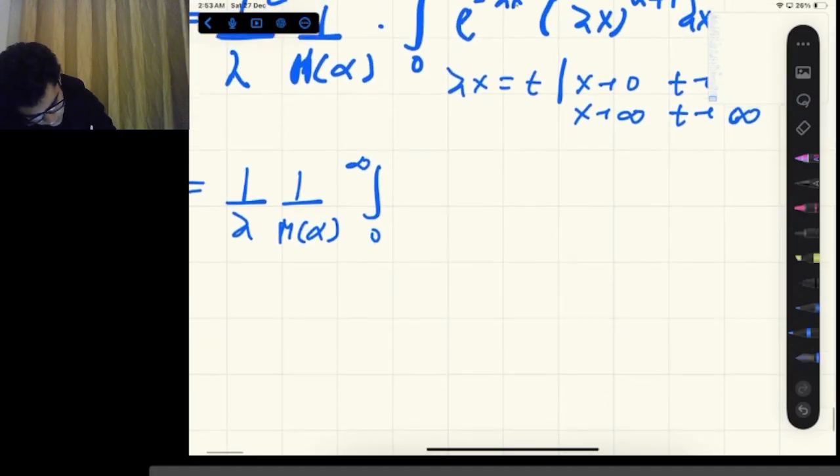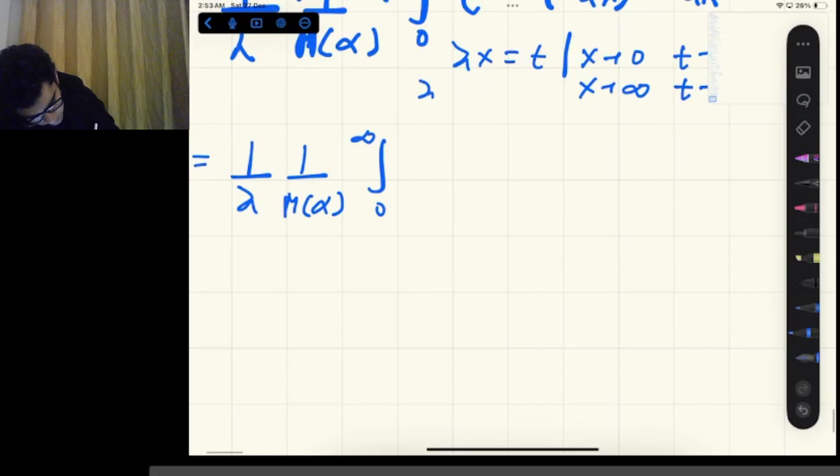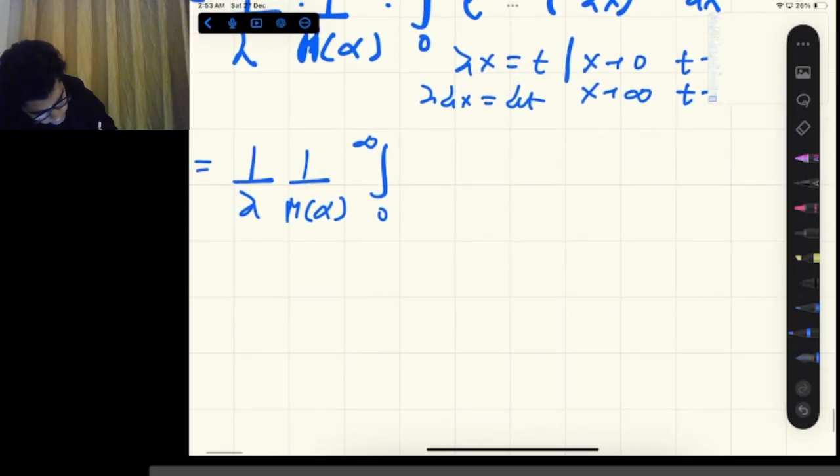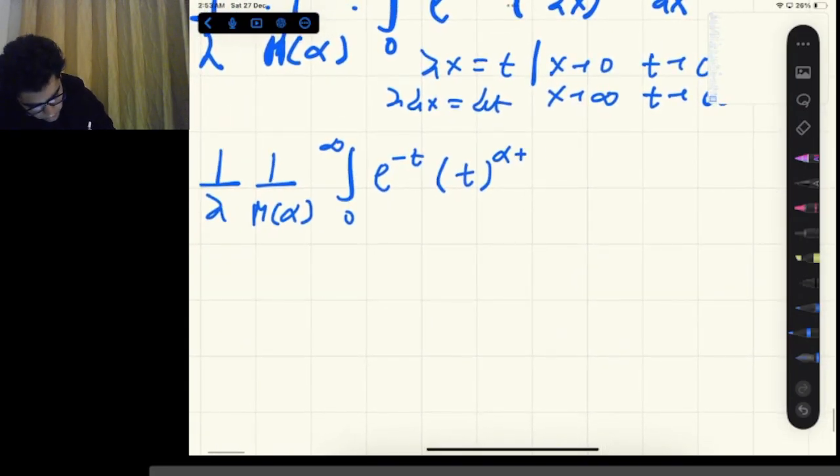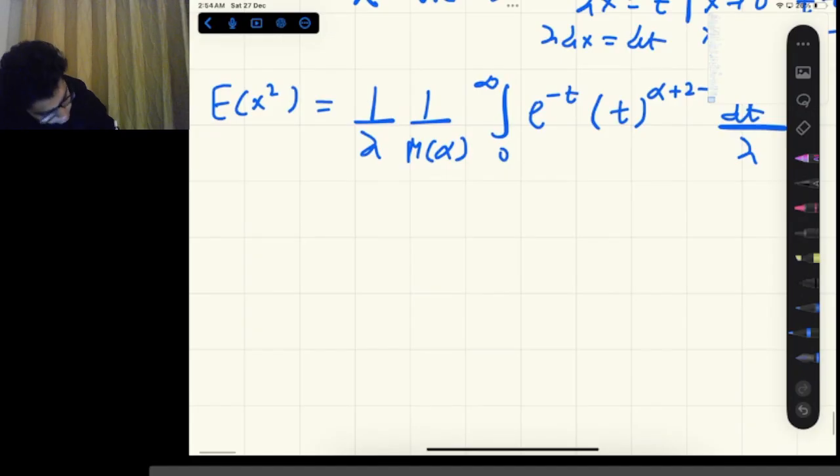Now lambda x is t, so lambda dx becomes dt. Again, this becomes e to the power minus t, and t to the power alpha plus 1. Alpha plus 1 can be written as alpha plus 2 minus 1, and dx is equal to dt by lambda, so this becomes lambda. Now lambda comes out common,